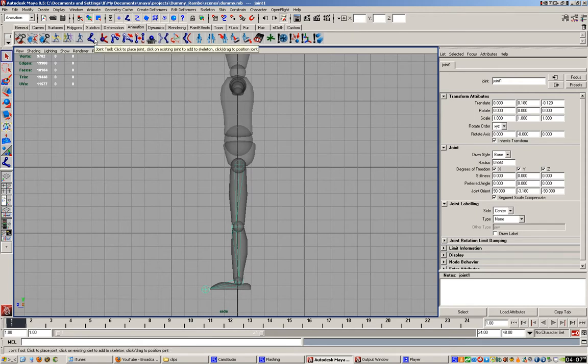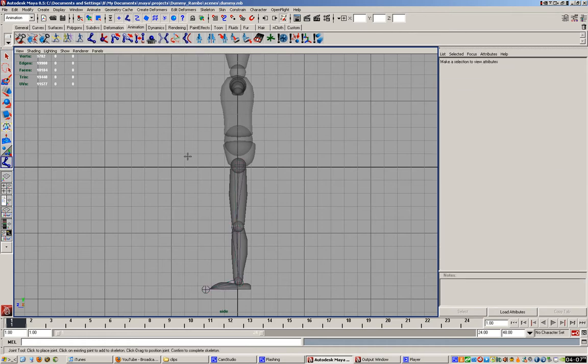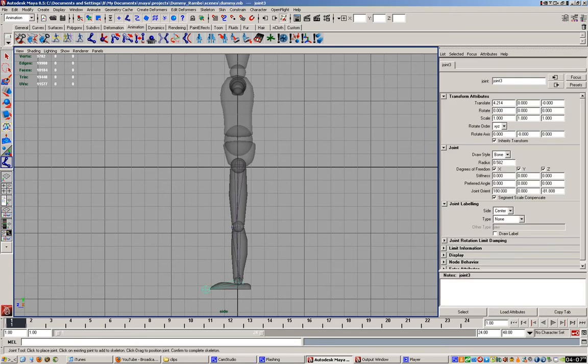Now I'm going to do a little something strange. I'm going to grab the joint tool, and if you click on an existing joint with the joint tool, it will highlight that part in the hierarchy, and then when you draw another joint, it will draw out from the joint you started on. And I know that he wouldn't actually have a joint out here, but having this bone in the back end of his heel is extremely, extremely helpful when you're doing,